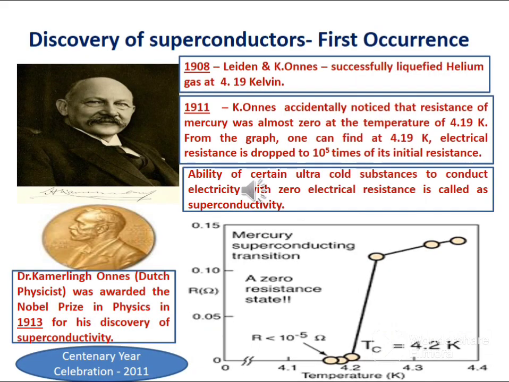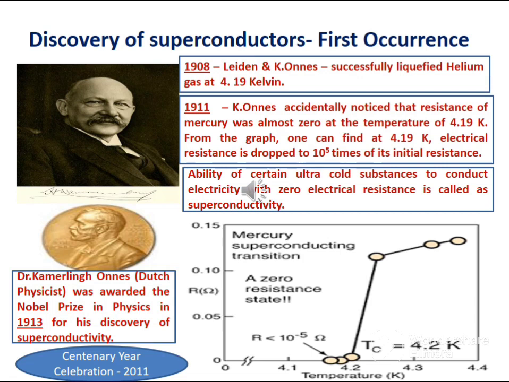Leiden and Kammerlingh Onnes were co-workers doing research on the liquefaction of gases and the study of electrical conductivity of materials at very low temperature. In 1908, Onnes successfully liquefied helium gas at 4.19 Kelvin. Later, in 1911, Onnes accidentally noticed that the resistance of mercury was almost zero at 4.19 Kelvin. From the graph, one can find that at 4.19 Kelvin, the electrical resistance dropped to 10 to the power 5 times less than its initial resistance. Therefore, the ability of certain ultra-cold substances to conduct electricity with zero electrical resistance may be called